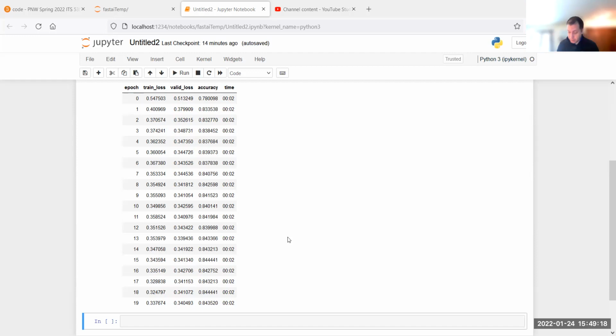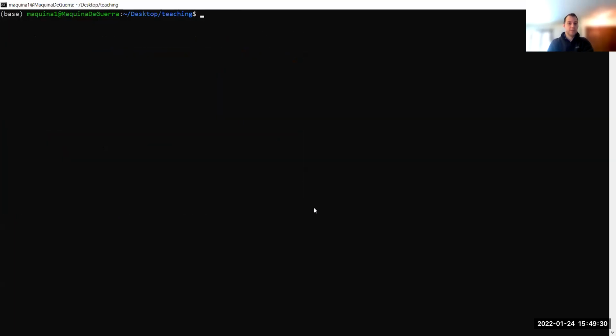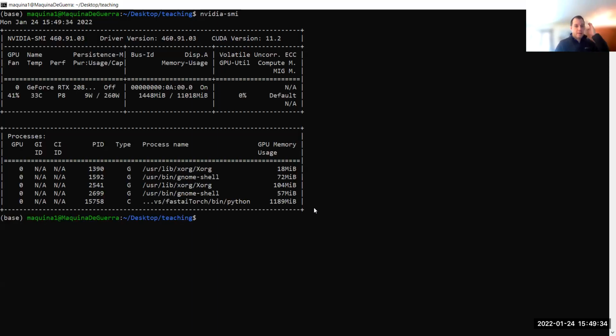All right, so let's try this one. I'm going to go back again to video. So you should be seeing the command prompt. I'm going to run nvidia-smi. As you can see, there's allocated memory. I'm going to get rid of that, because I want to have as much memory as possible.